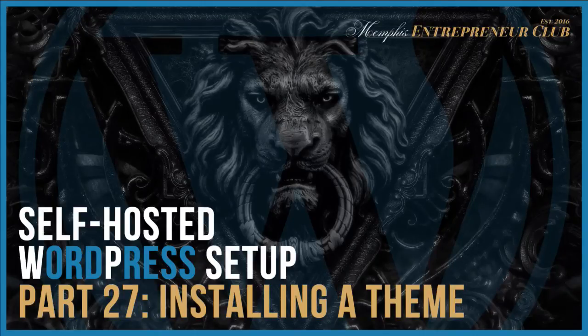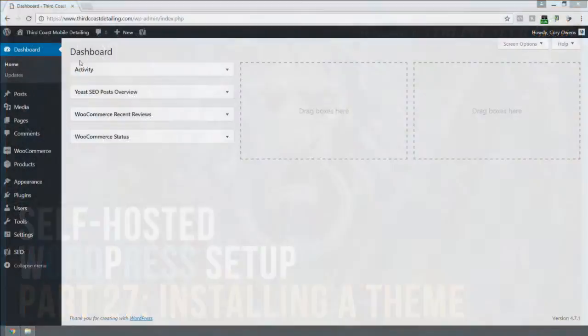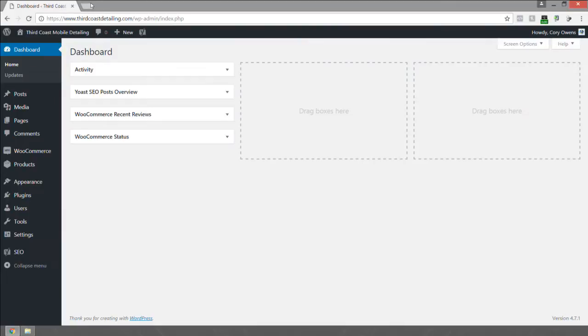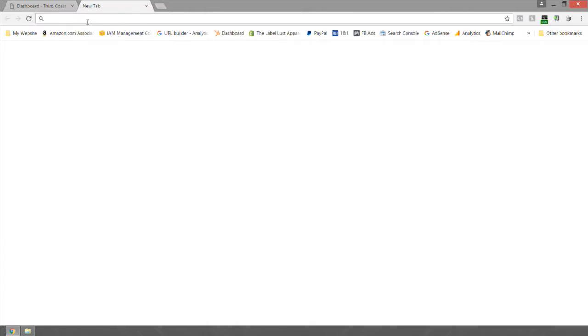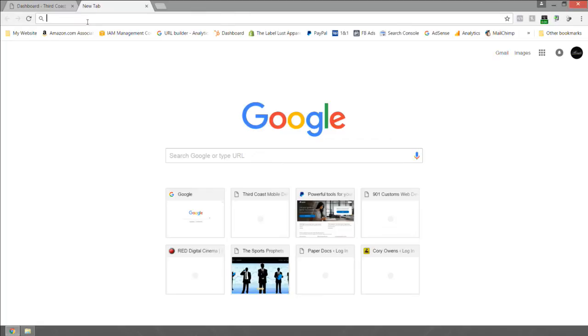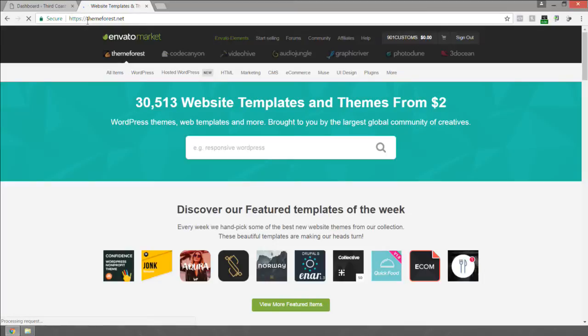Part 27 is installing a theme. In your browser, you're going to navigate over to themeforest.net. There are several other places you can go to find WordPress compatible themes. I definitely recommend ThemeForest. So before you actually get to the process where you install a theme, you're going to